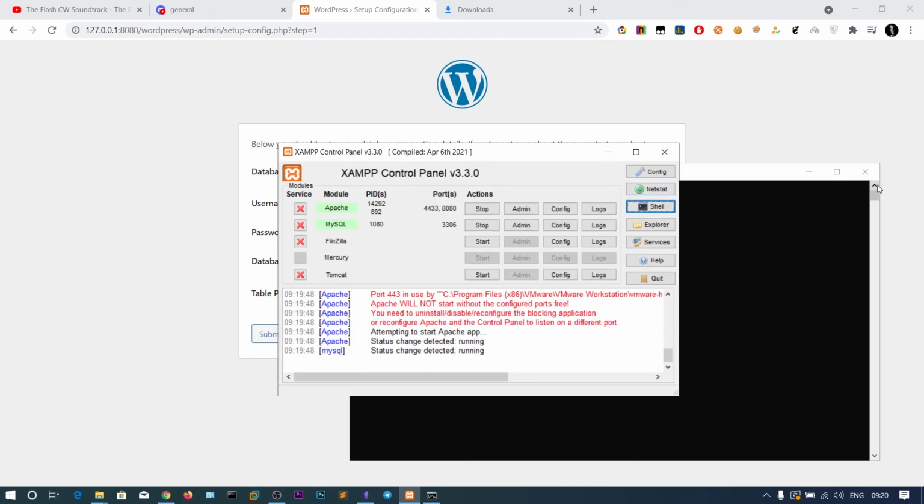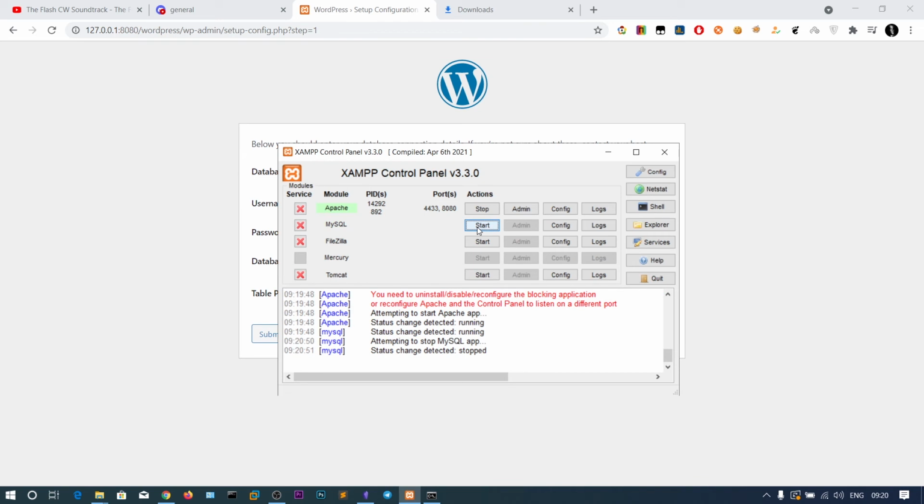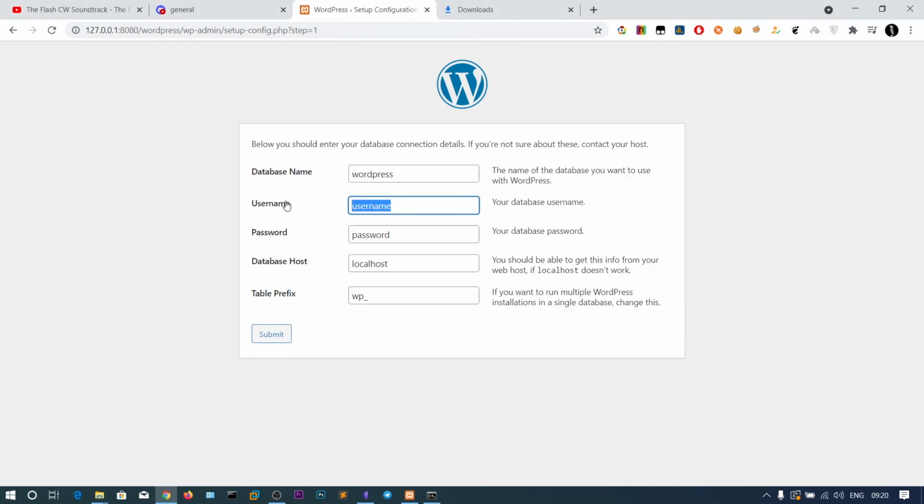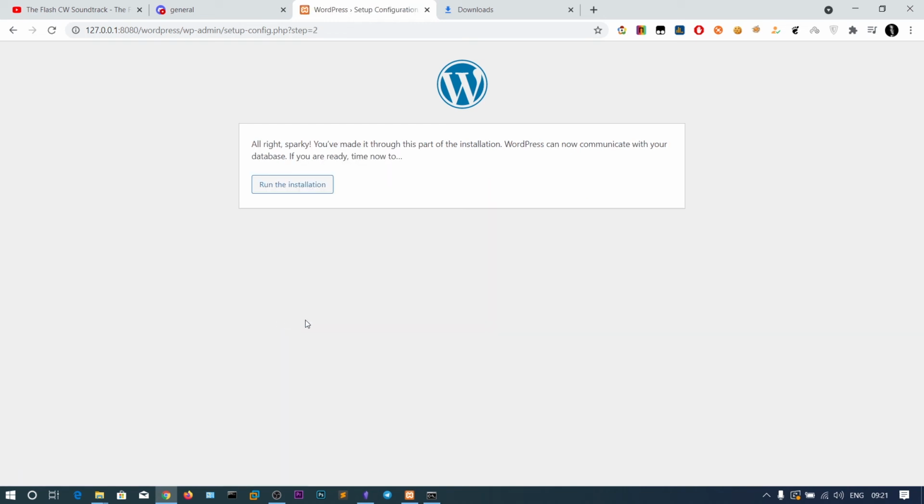So now I think we need to stop this service and start again. Now username is root and password is root. Database host localhost, and submit this one. So now let's click on run the installation.